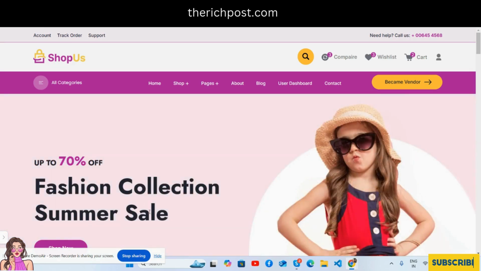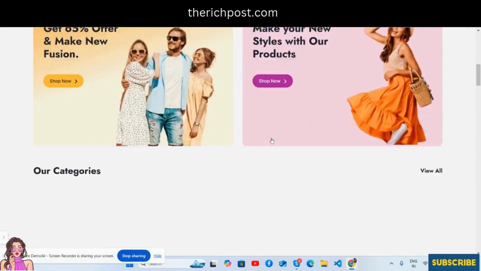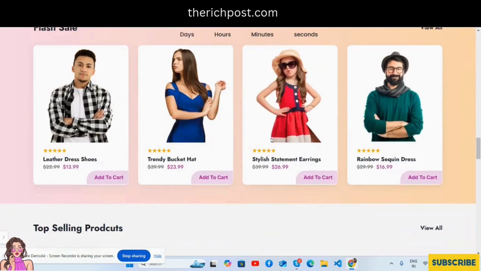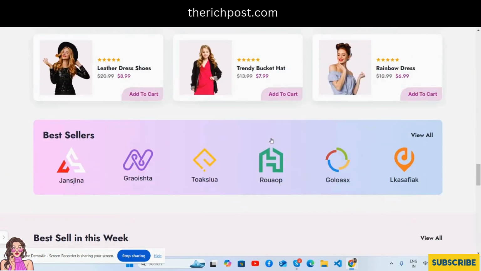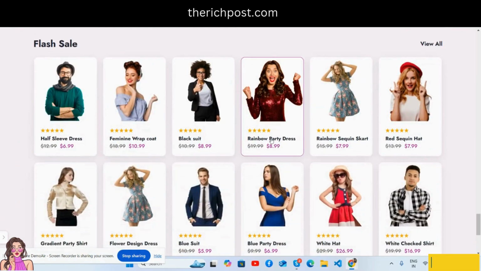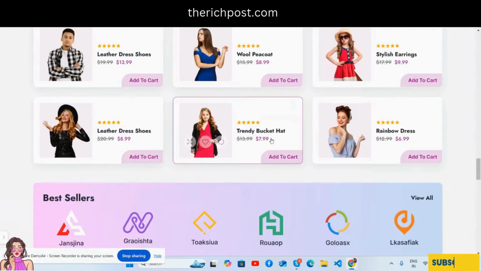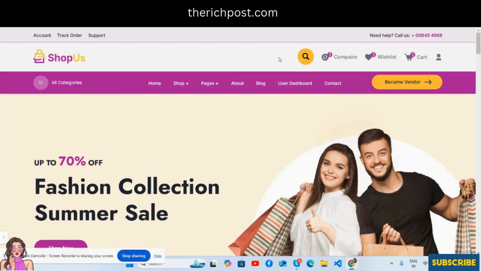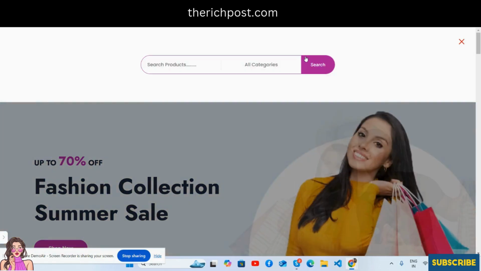See the e-commerce template, Angular 18 plus. See the home page view. See guys, just brilliant. Fully professional look. See guys, I'm sure you like this. The top section, beautiful search,